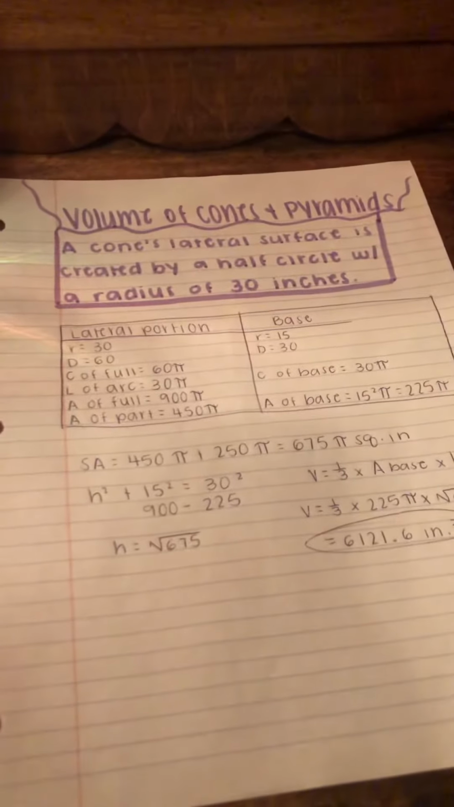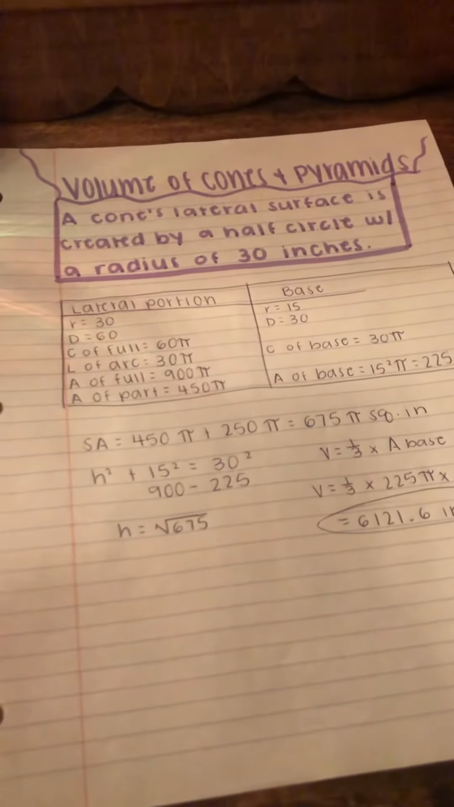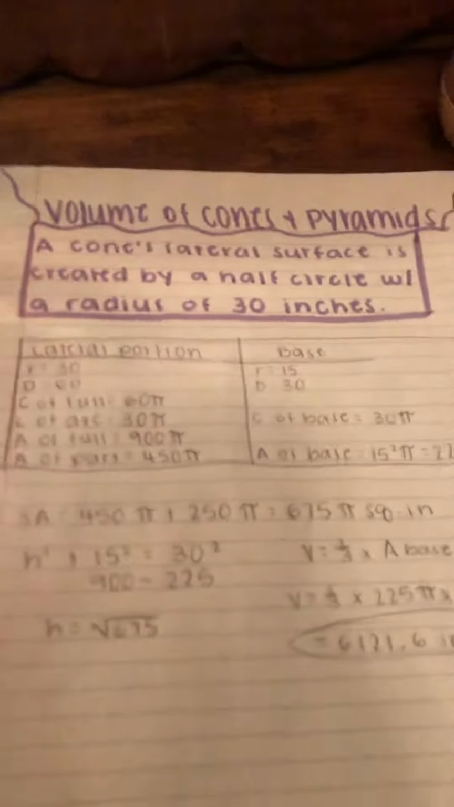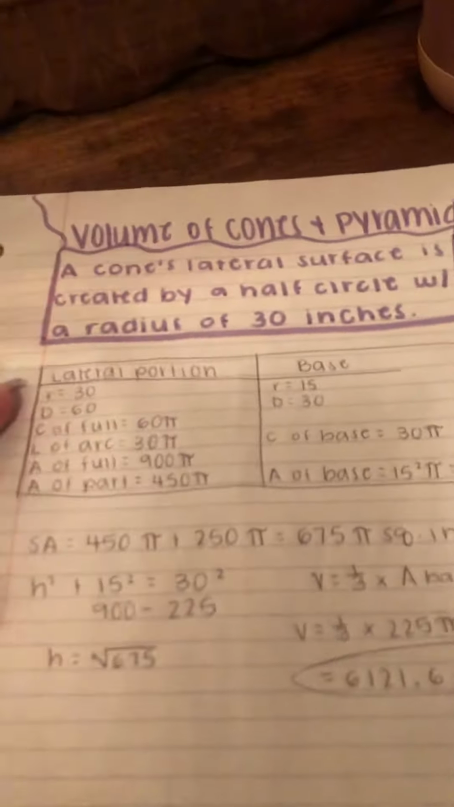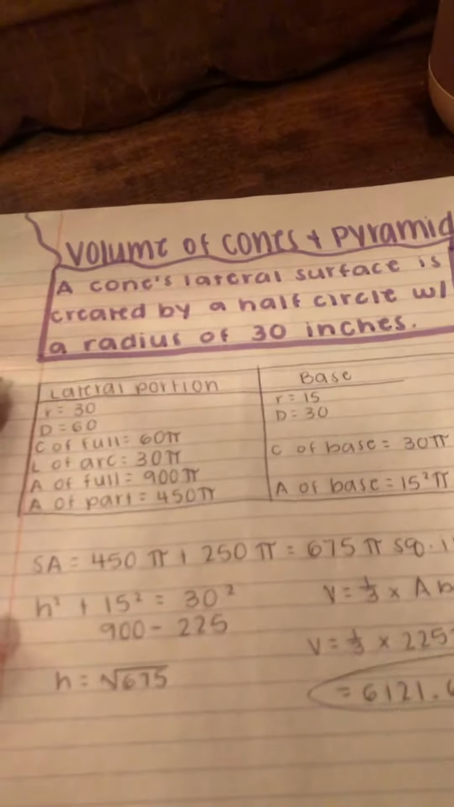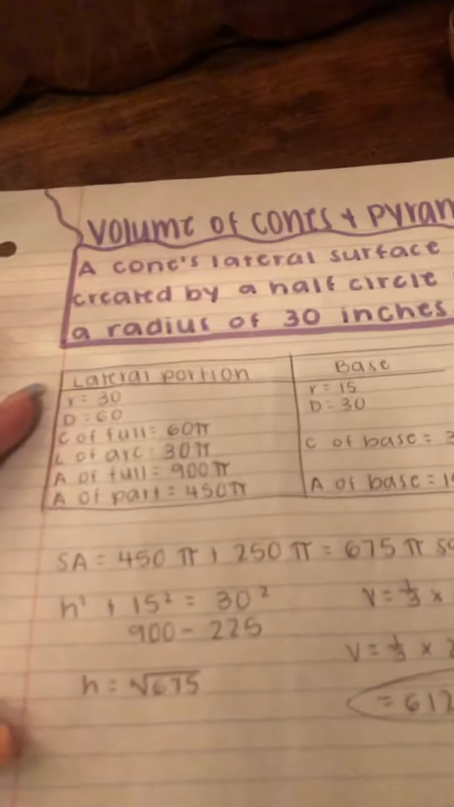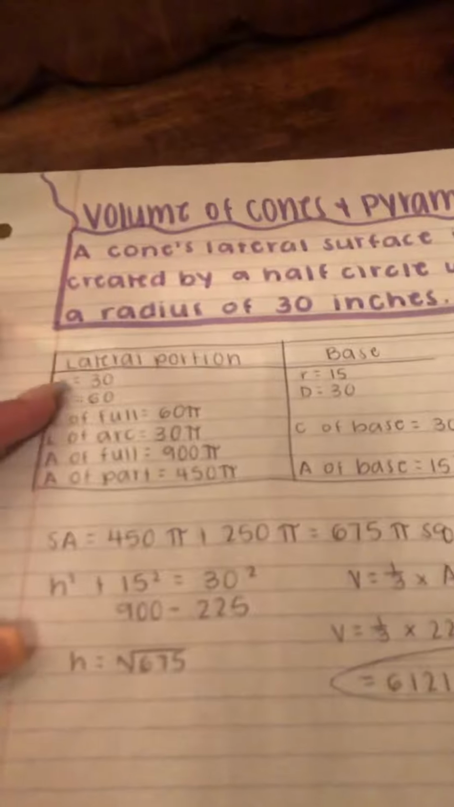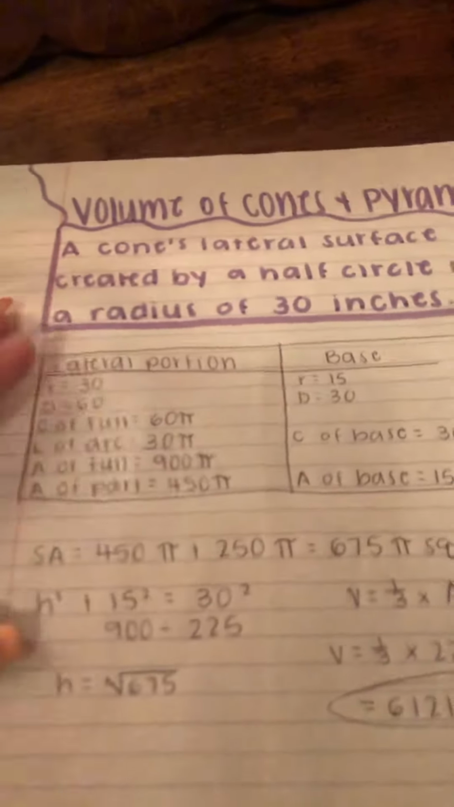Today we're going to be talking about volume of cones and pyramids, specifically a cone. So I have here our problem, which is a cone's lateral surface is created by a half circle with a radius of 30 inches. And so with that information, I started with this little chart here, and I took from